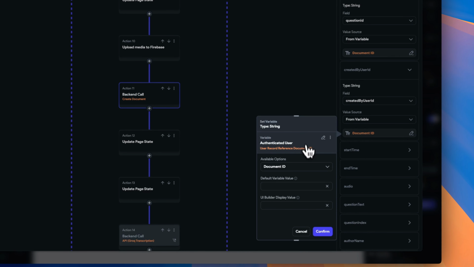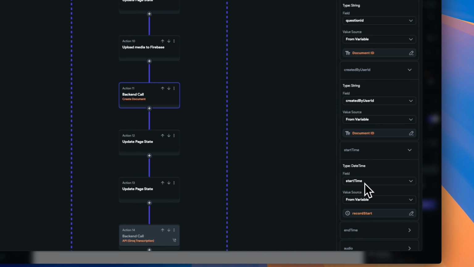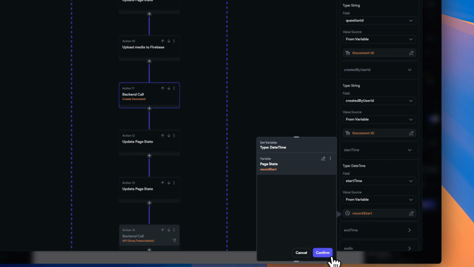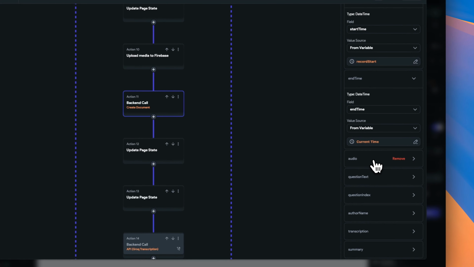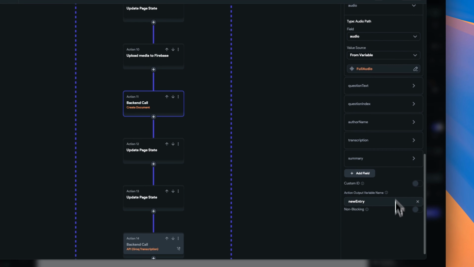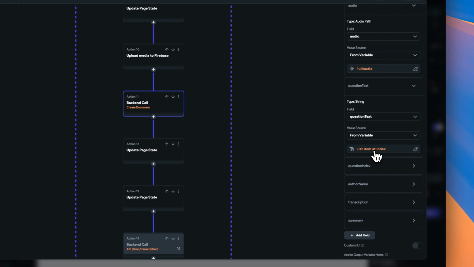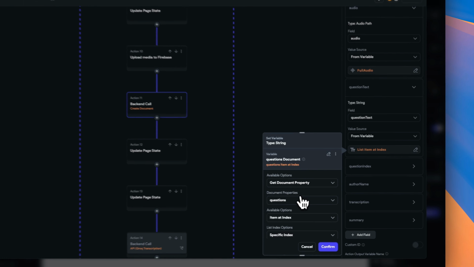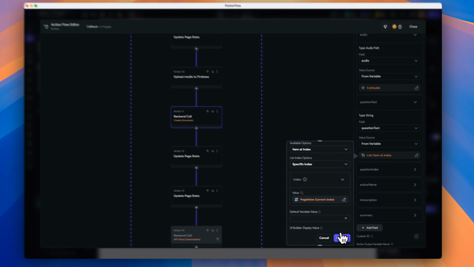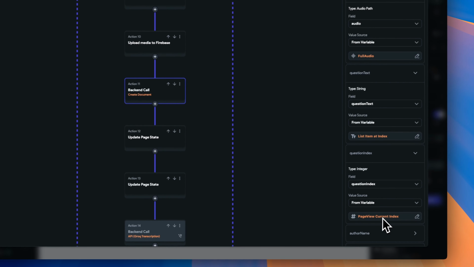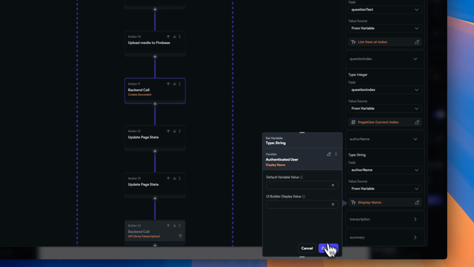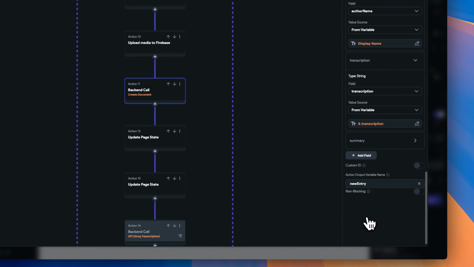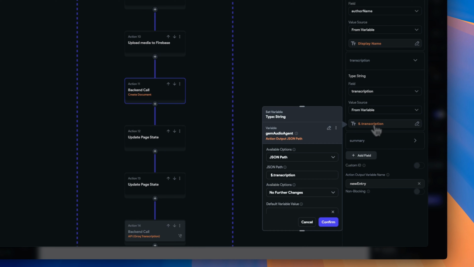We're entering a created by user ID, which is the authenticated user's user ID, a start time from our page state variable, and end time, which is the current time, our audio from our upload media to Firestore node, the question text for reference, and this comes from the question document that we've queried, the question index, which is equal to the page view that we're currently on, the name of the user providing the entry, which is the display name,